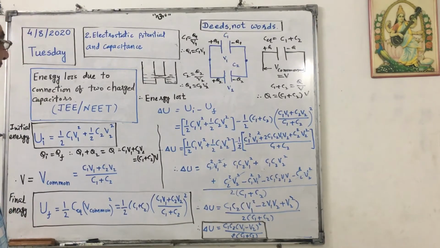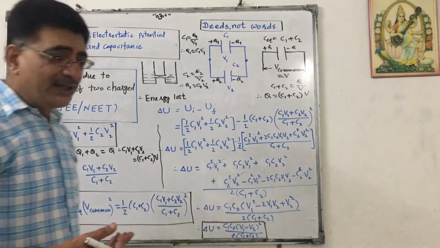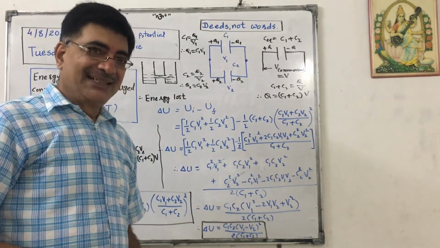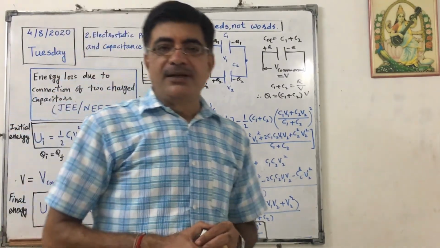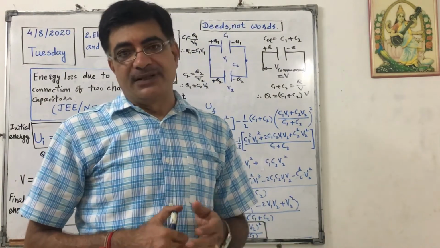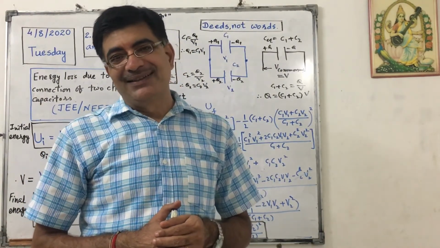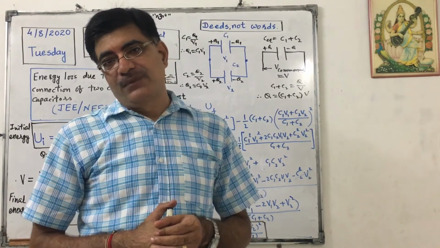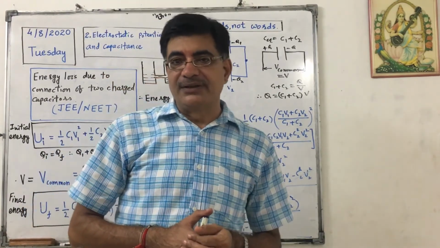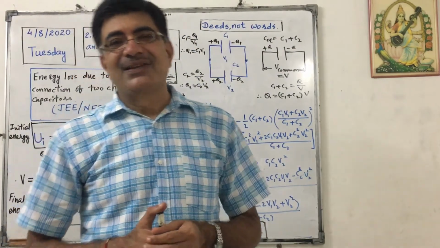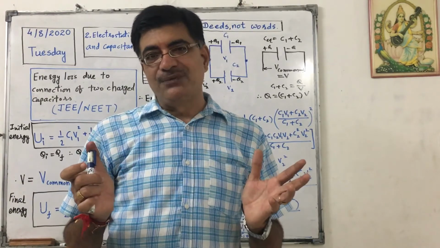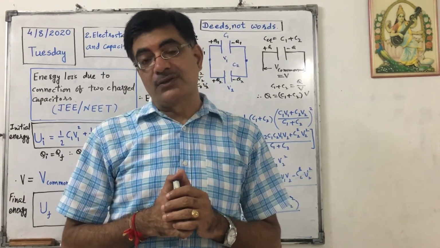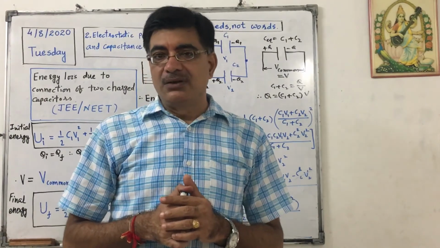Now the energy lost. One may wonder how we can decide that energy will be lost. See, charge will flow through the wire, and during that some energy will be dissipated. That is called Joule energy. Due to collisions, when electrons pass through any conductor, there will be collisions, so some energy will be lost in that form, and some may be radiated in the form of electromagnetic waves. It is also possible. So there will be some loss of energy.